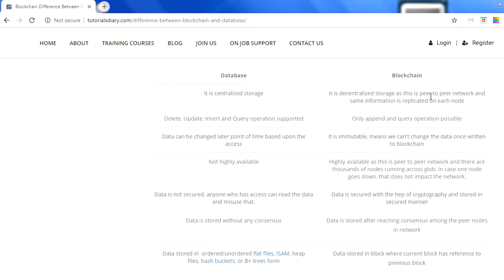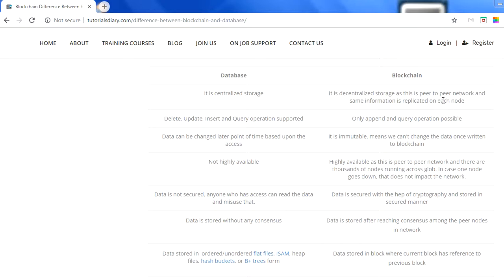That means it's a peer-to-peer network where multiple computers connect with each other and make a network. Out of 30,000, maybe thousands are in China, 10,000 are in India, maybe 500 in the States or 1,000 in Europe and so on, right? So this is a distributed, basically decentralized and distributed storage. This is a major difference between these two.